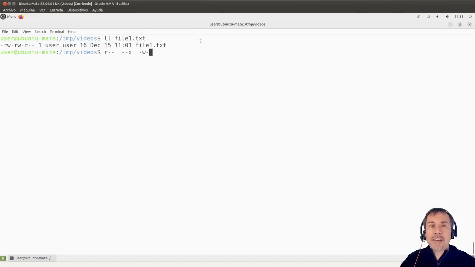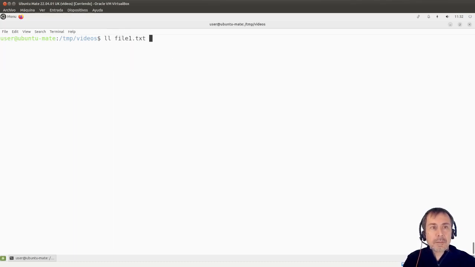If that is not the case, then the operating system will check if the process has a main group, a group ID, and a list of supplementary groups. Then the operating system will check if the group, remember that this is a group, this is not a user, if the process belongs to this group, either the main group or the supplementary groups, then the second set of permissions will be applied. So for example, if I change the group of this file,